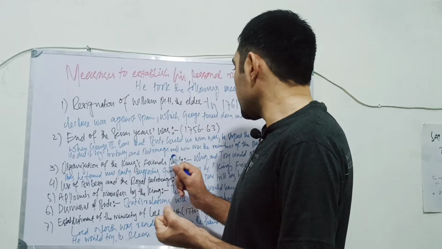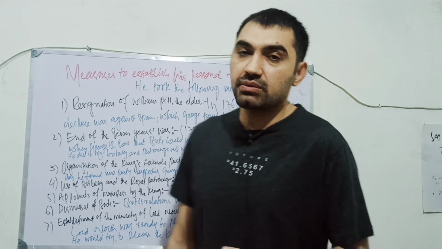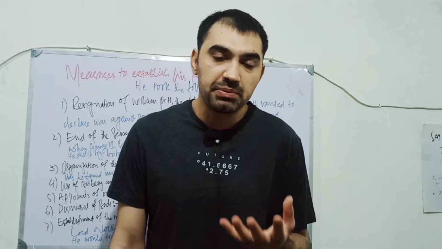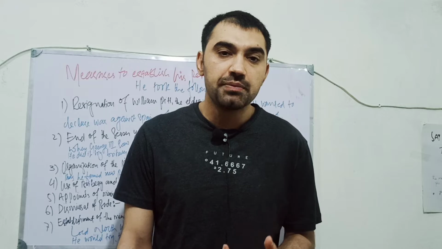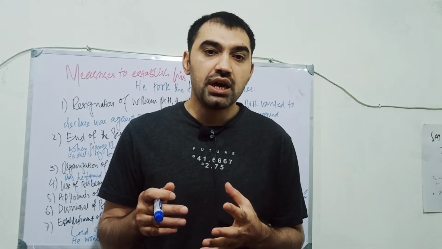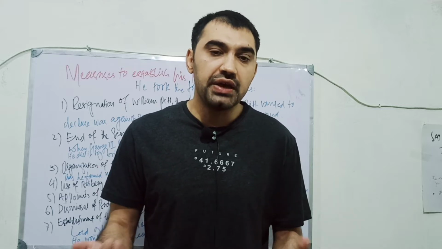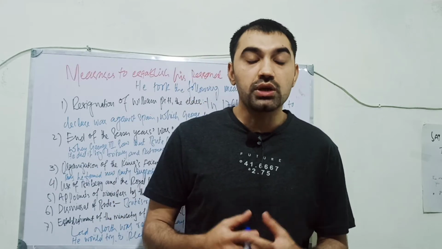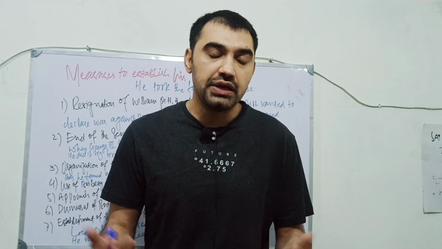This 7 Years' War, which lasted from 1756 to 1763, when George III came to know that the war could not be won easily,